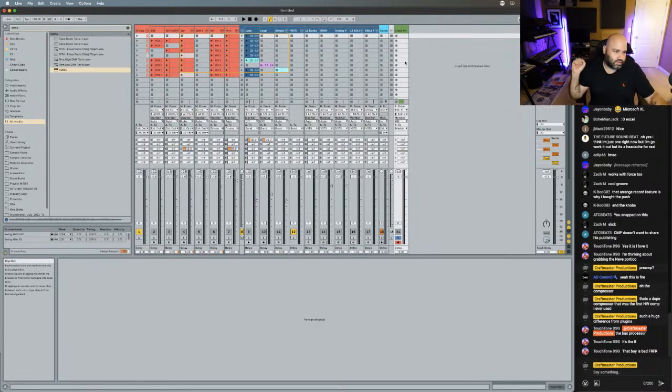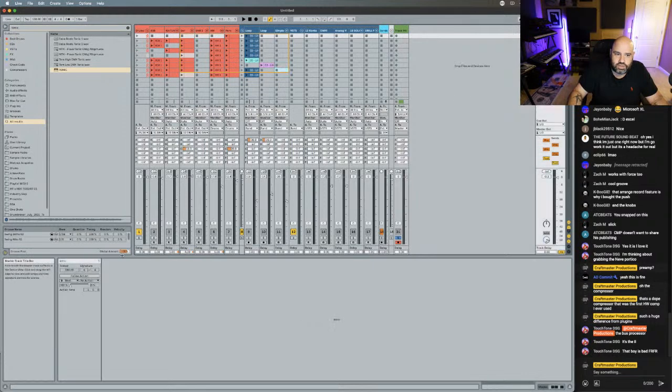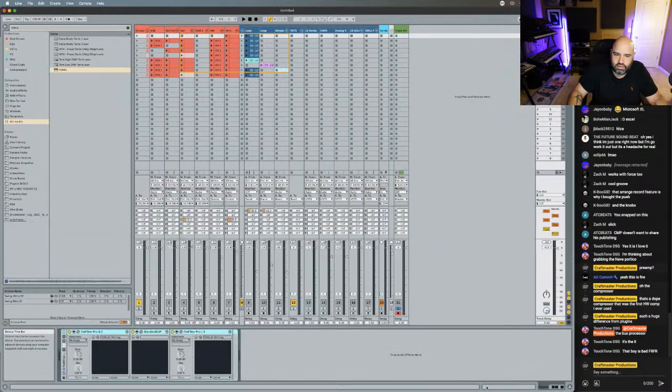So the whole signal goes out into a summing mixer, goes into the SSL 6, hits this SSL Fusion, gets massaged by the G comp, recorded back in, and now I can put the vicious mastering chain on it.